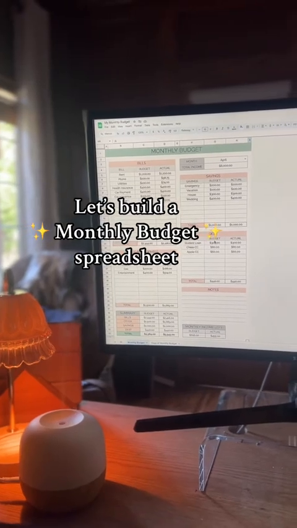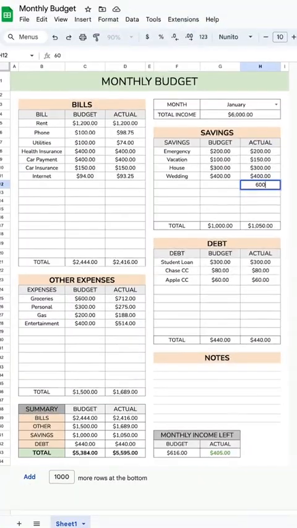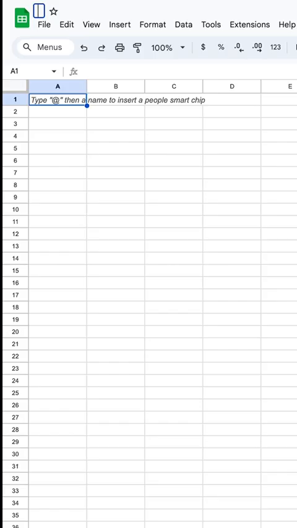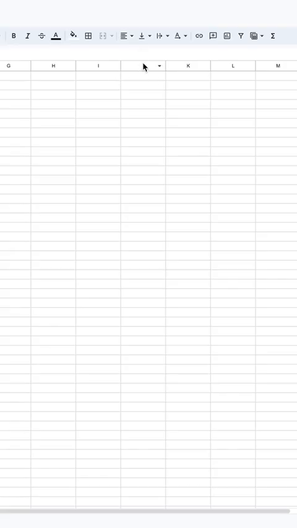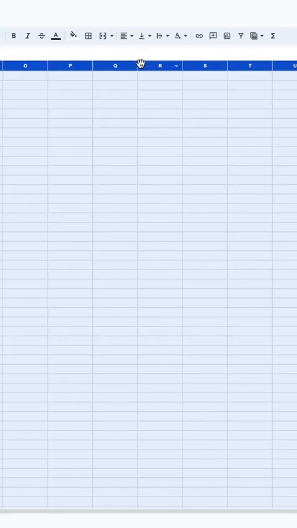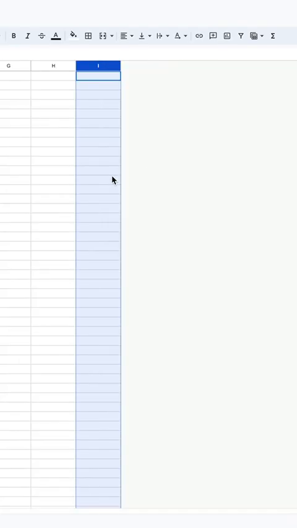Let's build this monthly budget spreadsheet with automations that is also printable. We'll first start out with a blank spreadsheet and label it monthly budget. Then I'll go over to column J, click Command-Shift right arrow key, and then I'll right click and delete those